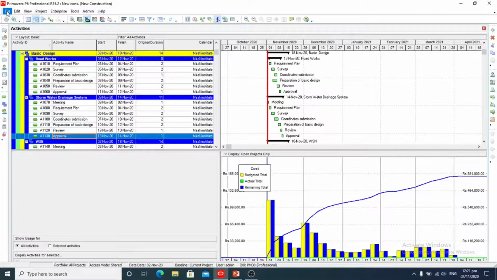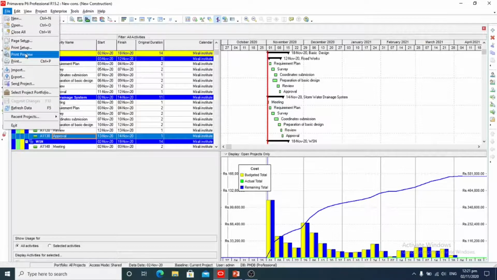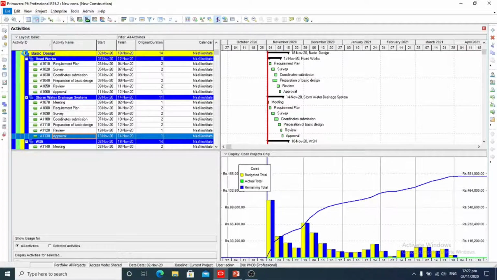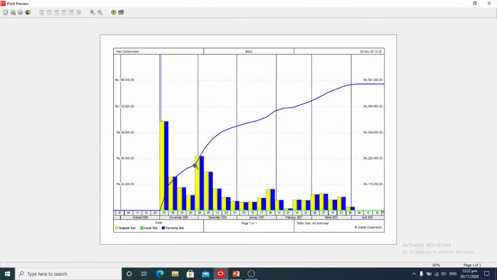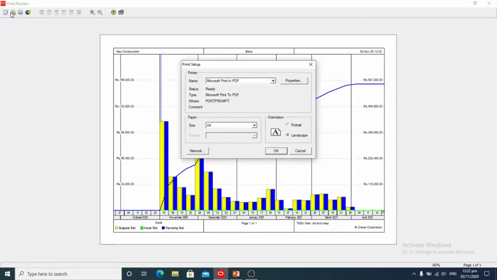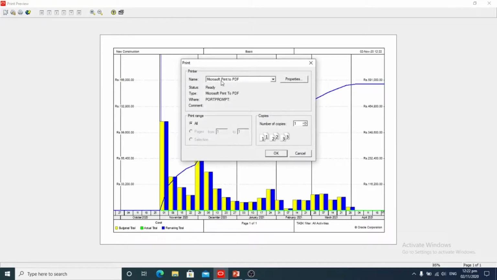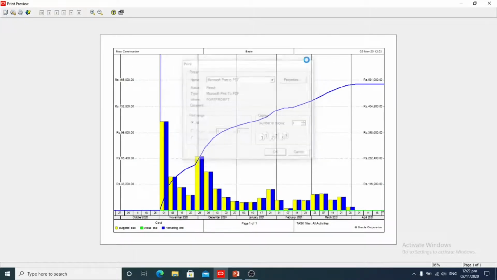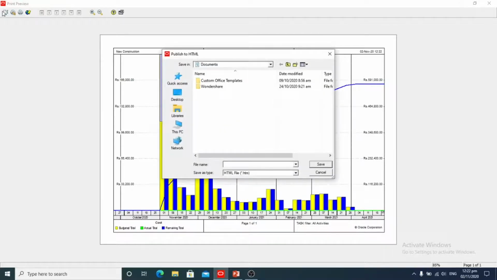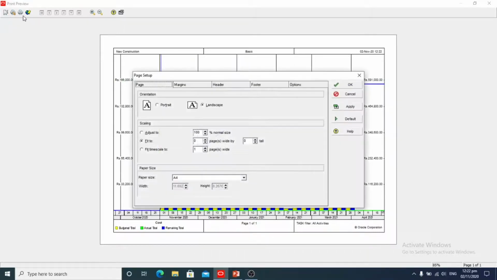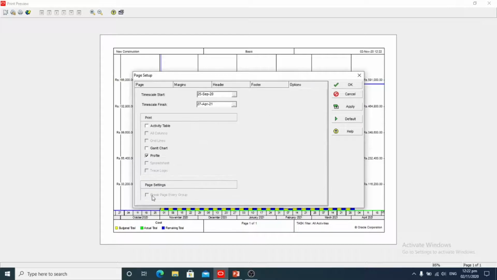So first of all we will click on File. Here is the print preview option. Here we will click. Here we can see the options.